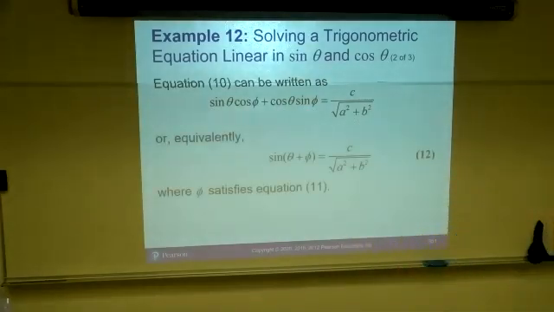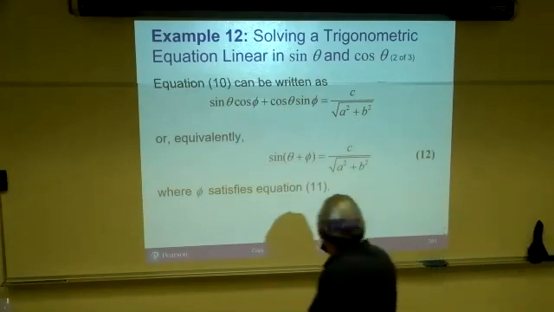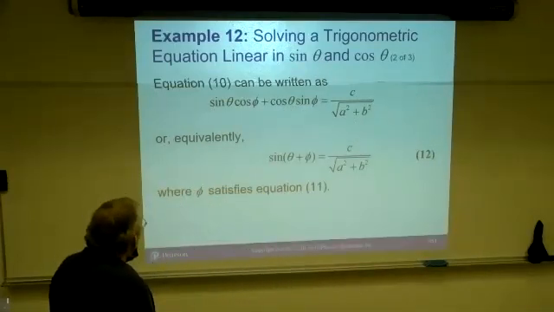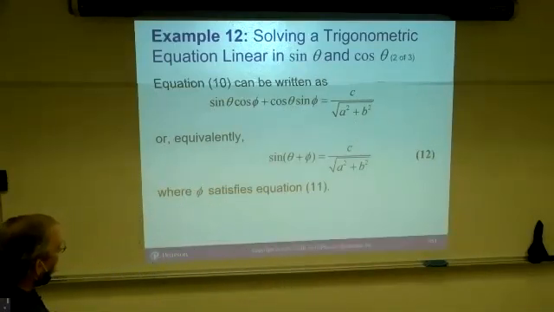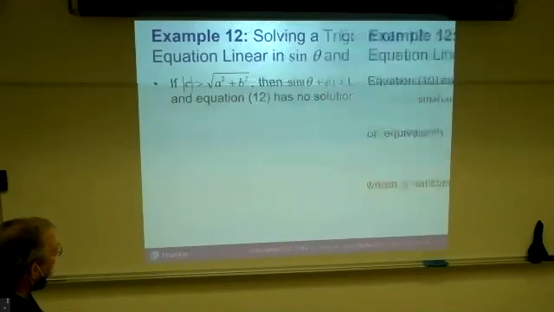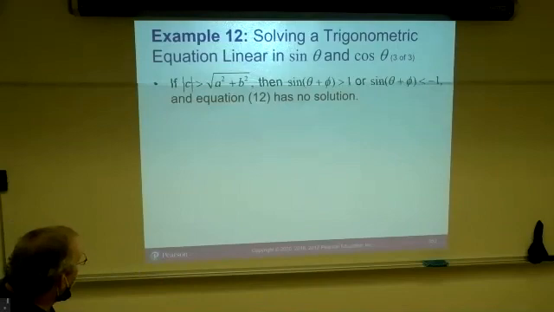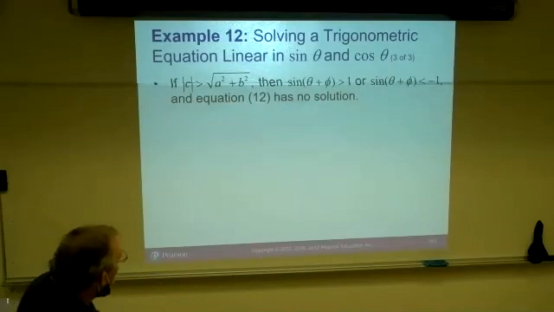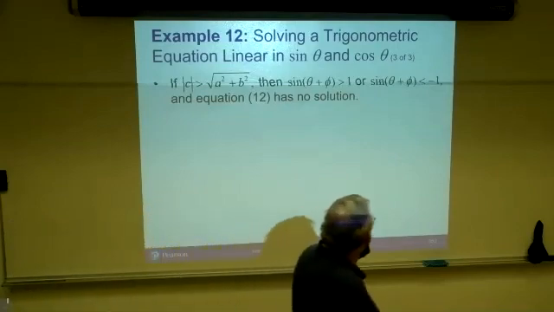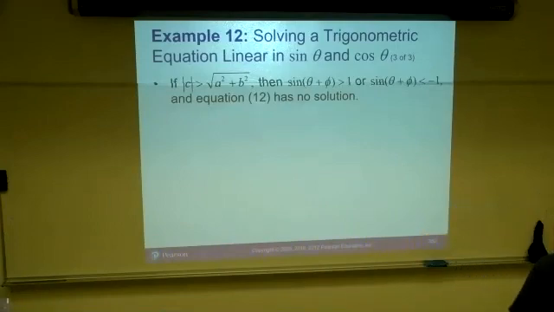Right? Now, since C has to be positive, and so that means sine has to be positive, or